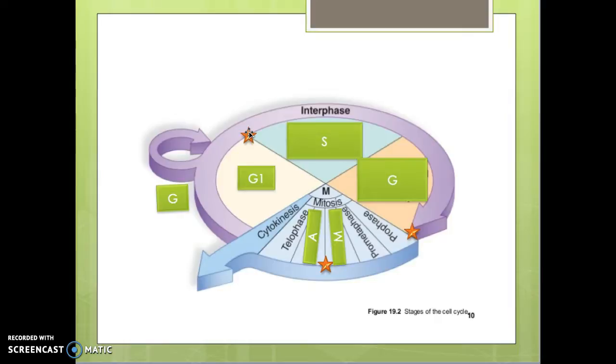If the cell grew correctly and fully, it moves on. And if it did not grow correctly or completely, the cell goes to the G0 stage. This is right here, G0. Cells in this phase do not divide. Cells in this G0 phase can come back into the cycle if needed. A case where this happens is rebuilding muscles, such as if a muscle was torn, then the body would